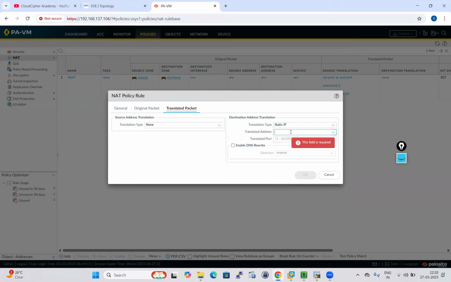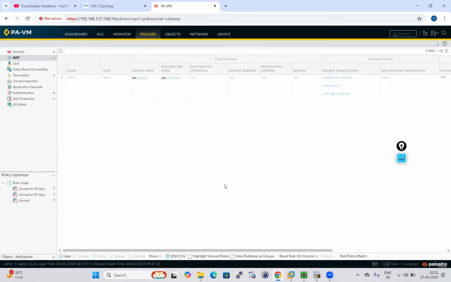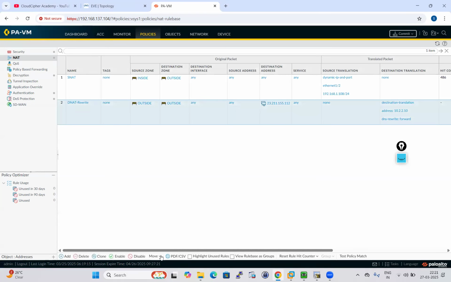Please translate it to 10.2.2.10 and enable DNS rewrite, and we can use forward here. So people from inside or outside who try to access www.paloaltonetworks.com and do the NS lookup, the traffic comes to the firewall, and the firewall rewrites the DNS traffic to the other IP address, 10.2.2.10. Then we can keep this rule on top